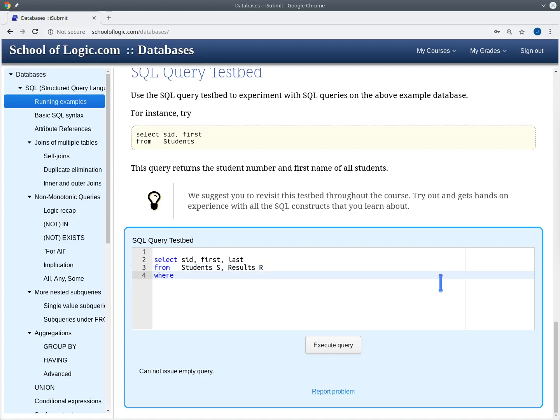We need a join condition that says that we're only looking at those results that belong to the student that we're looking at. So we should say that s.sid is equal to r.sid. And we only want to look at homework results. So we say that